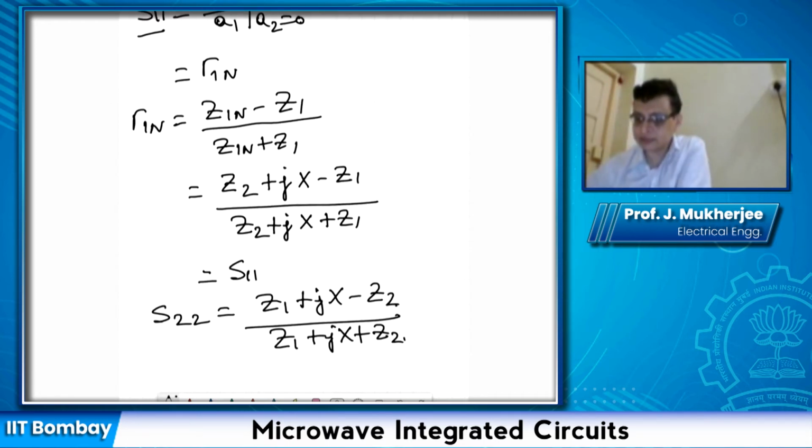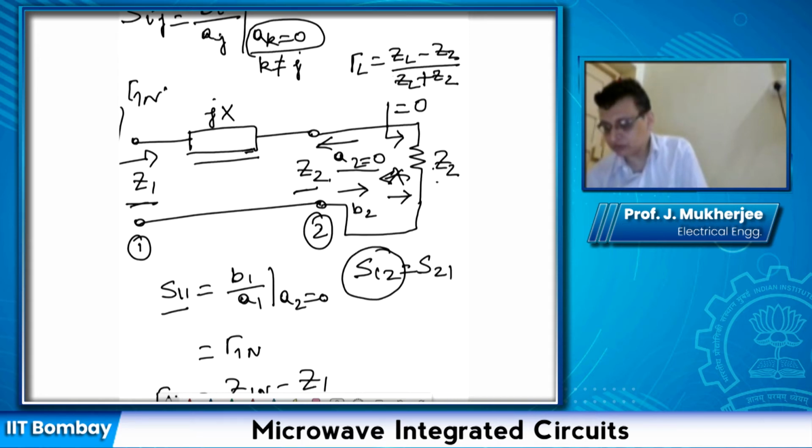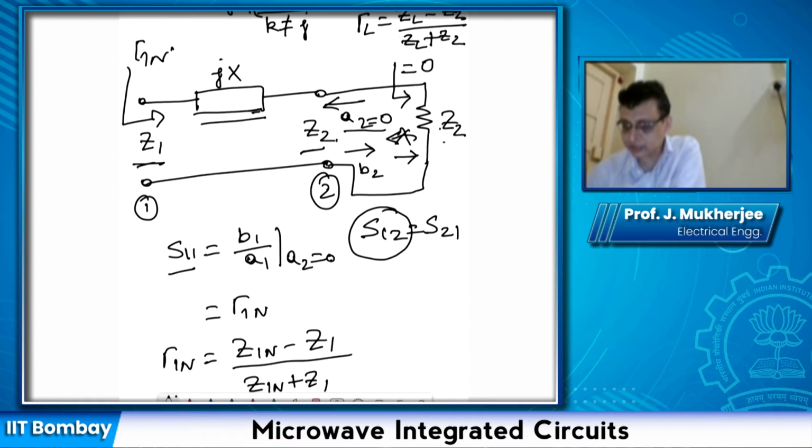And then, since this reactance is a reciprocal element, this is a reciprocal network, so S12 will be equal to S21. If we just calculate S12, then that should be enough to calculate S21. Now from here, if you want to calculate S12 and S21, you can use the relations that we just developed. So for example, S12